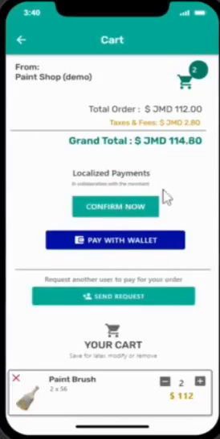this one is focusing on the localized payment, so one could quickly confirm now or pay with a wallet. I will not take the time to demonstrate paying with a wallet. It's very simple, but we will just stick with the confirming now. So from confirming now, one is saying, I am confirming this order and I will pay you later. So this is how it looks. So by clicking the confirming,